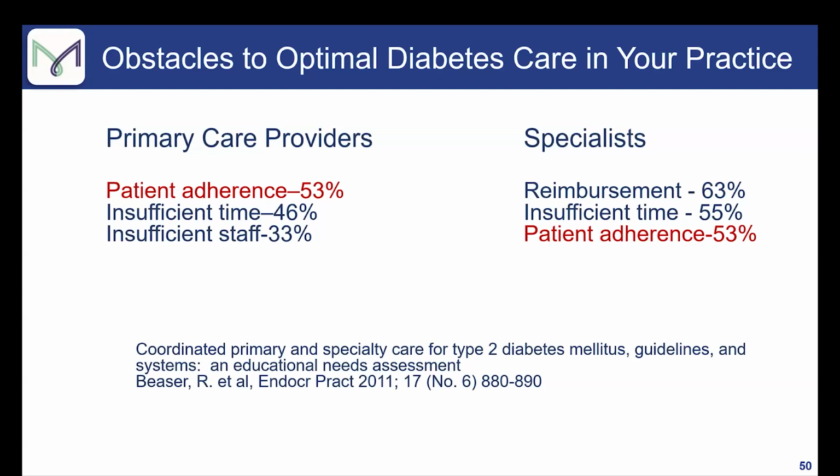Insufficient time, I think that's probably universal, but patient adherence was also mentioned. And so for the rest of my time, we're going to address the difficulties we have in trying to improve our patients' abilities to succeed. So looking at the next slide,